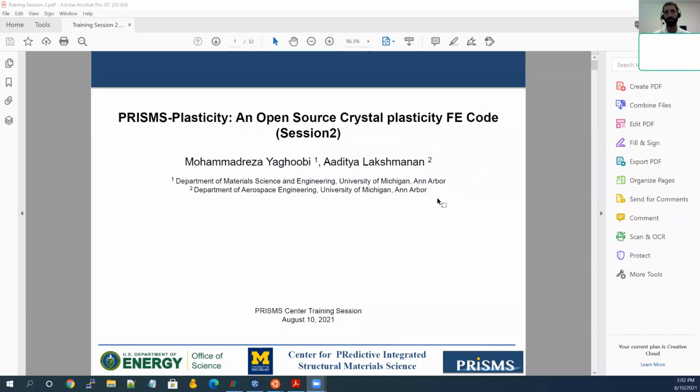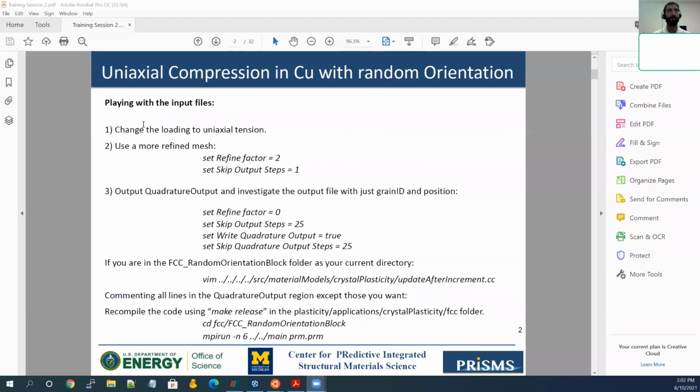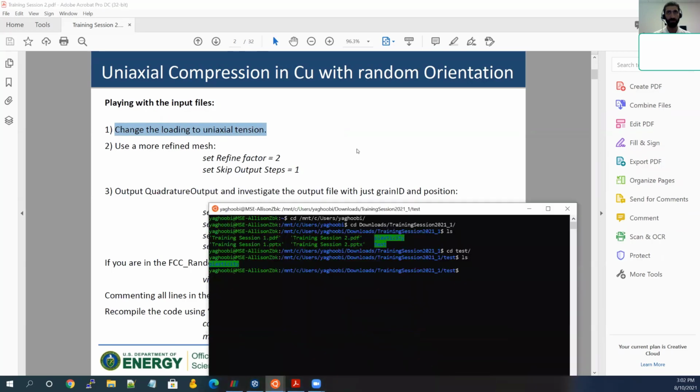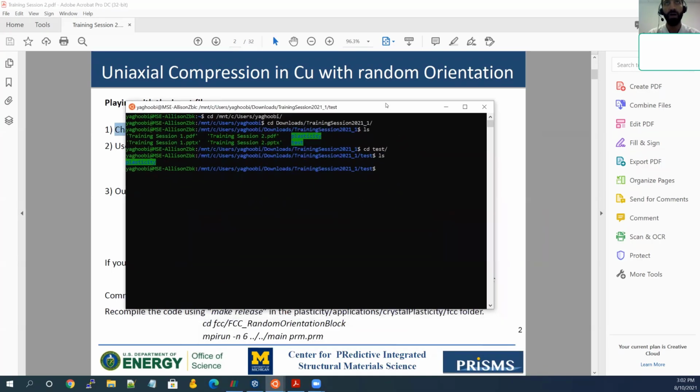Okay, so the first homework was to change the loading to uniaxial tension. To do that, I'm at the plasticity folder. So first I need to cd plasticity